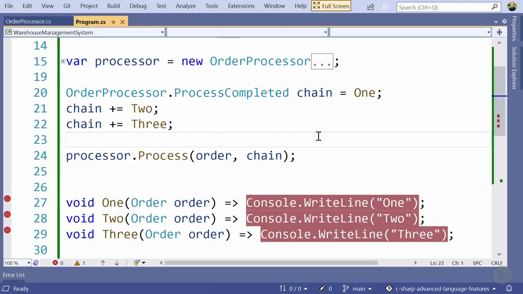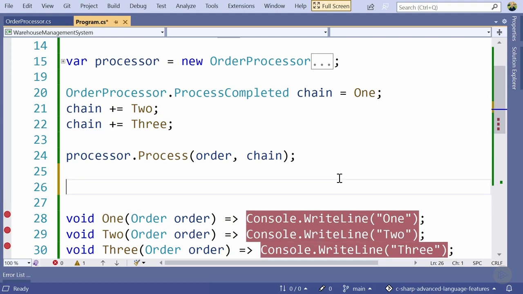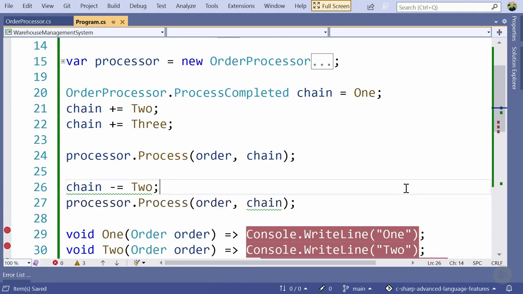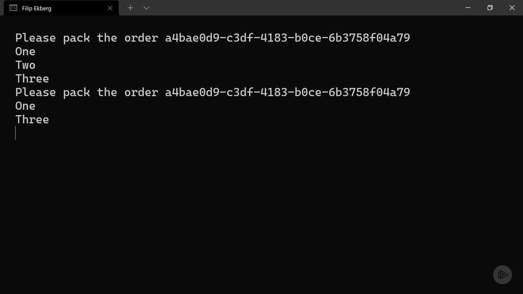To remove a method from the chain, let's say the second method, can you guess what you write? You simply subtract with that method. This will remove the delegate from the invocation list. After the subtraction, we'll call process again, then run the application. This should now show you 2 results from calling process, where the second one has 1 less method invoked through the delegate. You may be wondering now what happens if you try to add the same method multiple times, or